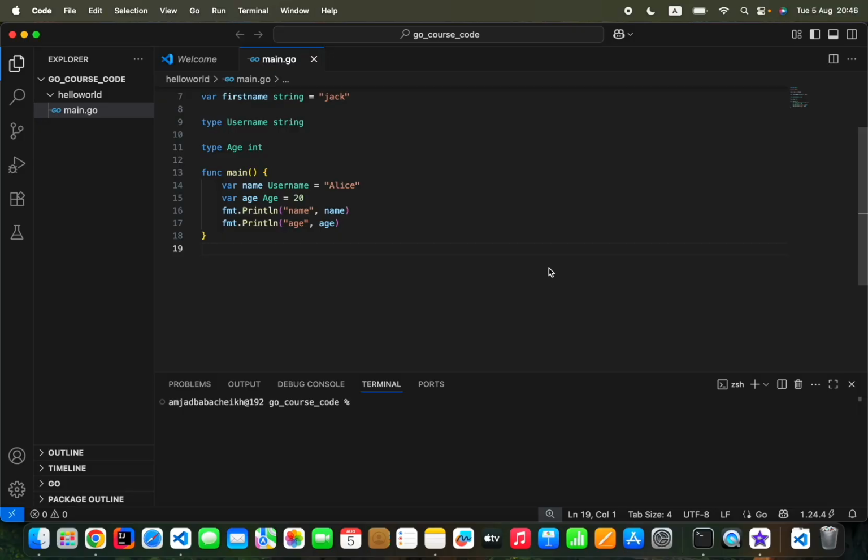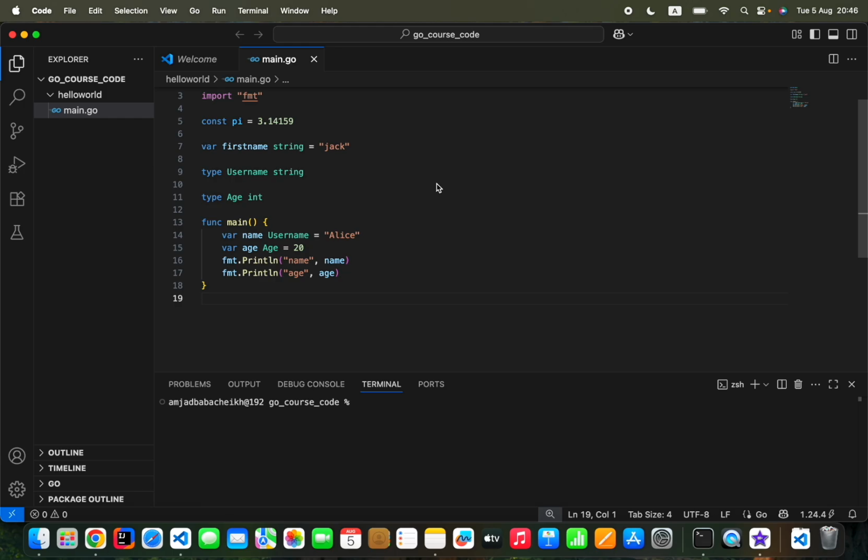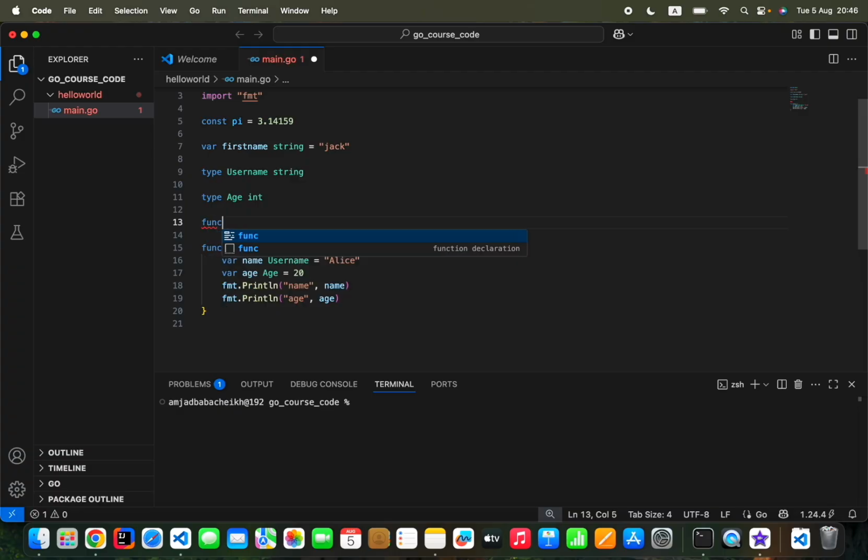A function is a reusable block of code that performs a specific task. It can accept parameters and return an output. A function is defined with the keyword func, and we add the name of the function. For example, I can have a function called greet,